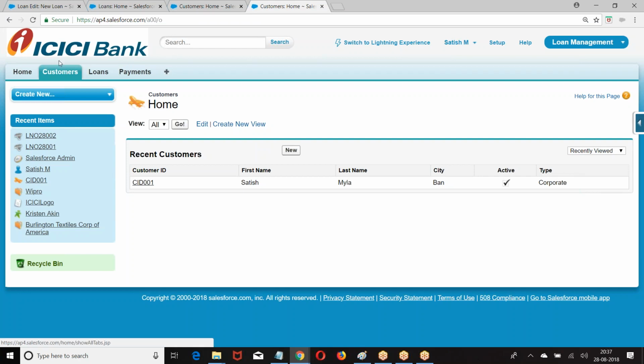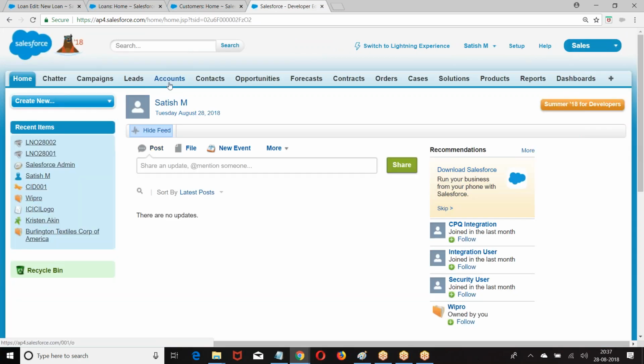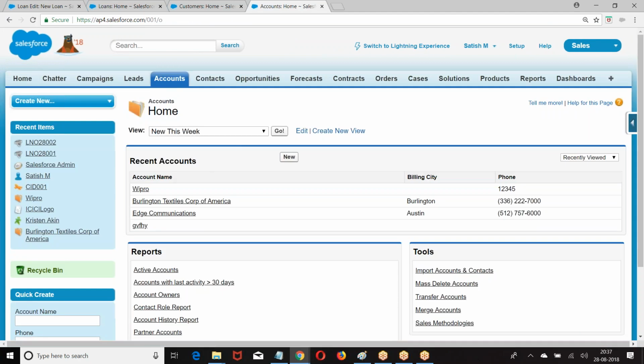Now, we have a lot of records. Let us go to this. I don't want to see all the records at a time. If you have 10,000 records, how will you see them? I cannot see all the records at once. I want to classify them. So what was that? Create.